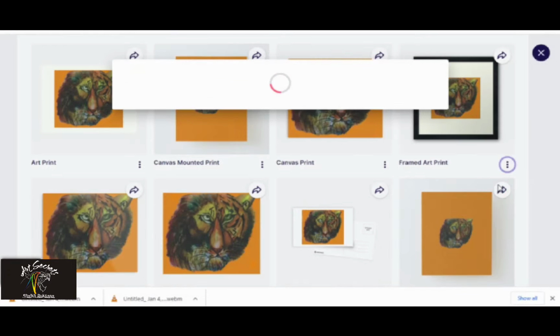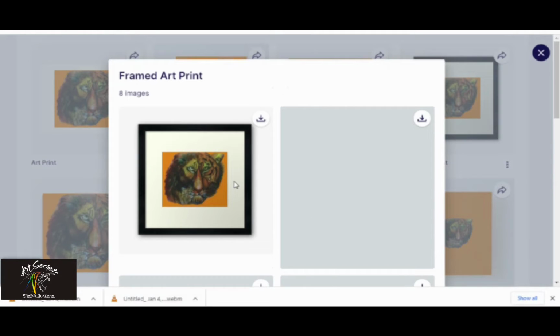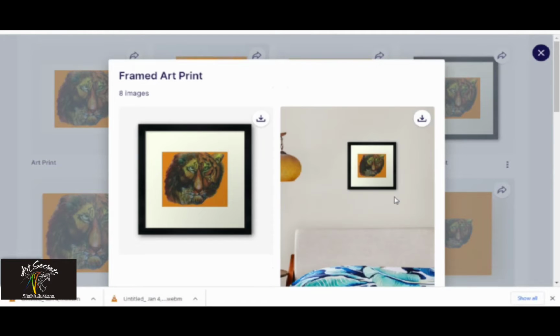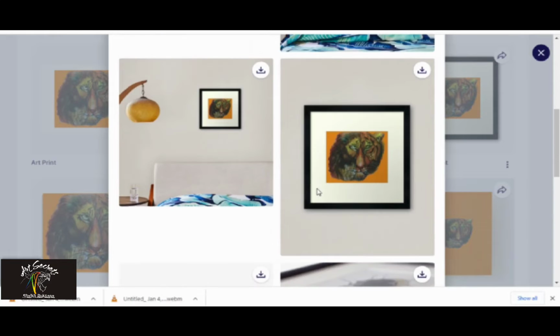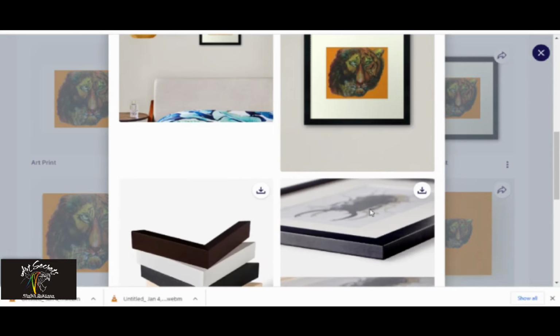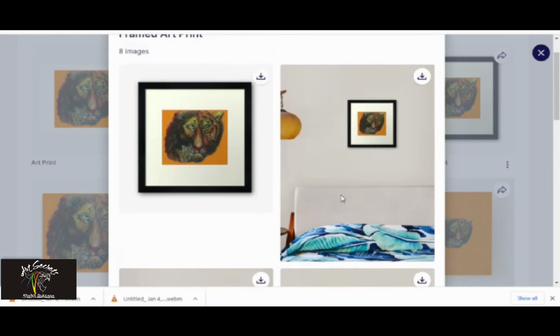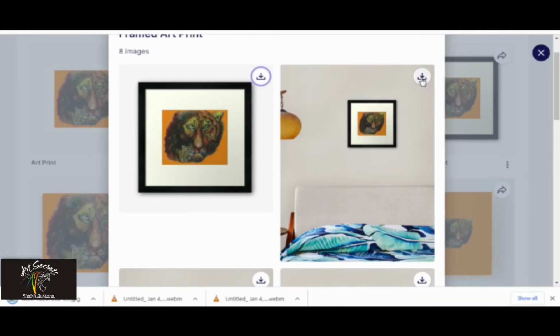One image has 4-5 options. You can take the best one and download it, and you can post it on Facebook, Instagram, or you can keep it for yourself, or you can show it to your friends through WhatsApp. You can just go on and on.